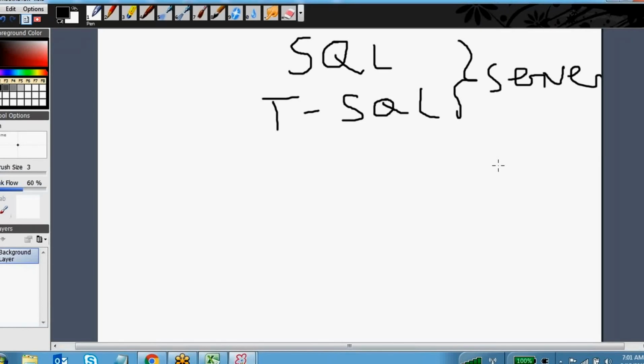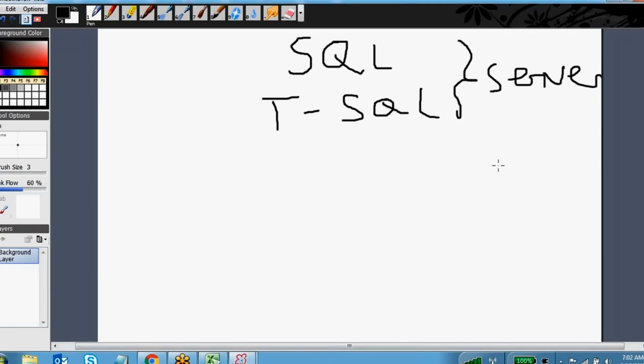Definitely, if you want to organize and store the data, you require either files or relational database management systems. What are the relational database management systems in the market right now?